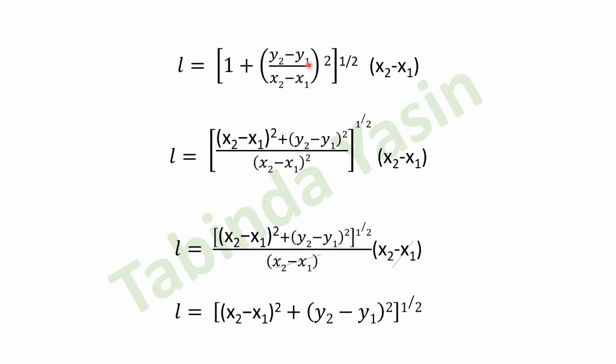Opening the squares, separating the squares, that will become (y2 minus y1) whole square divided by (x2 minus x1) whole square, and then taking the LCM, so we have L is equal to